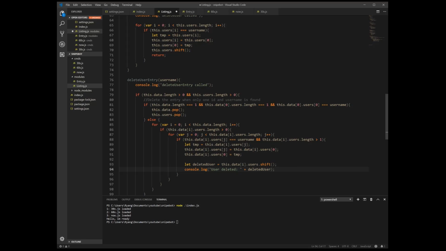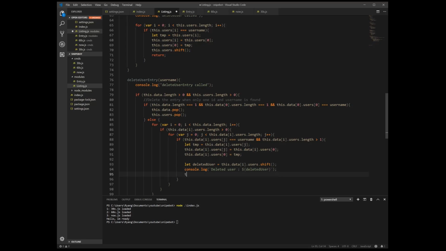So you can write this like how I put the deleted user and then plus, kind of like in Java, and then the user. I see a lot of people prefer to do it in this manner where they use these kind of, I don't know what it's called, and then they can write directly in it, deleted user, and then what I delete, I just go into the object and I grab it, so like this. Doesn't matter which way you write it. This way it looks kind of cleaner, I find, so I'm gonna do it this way.